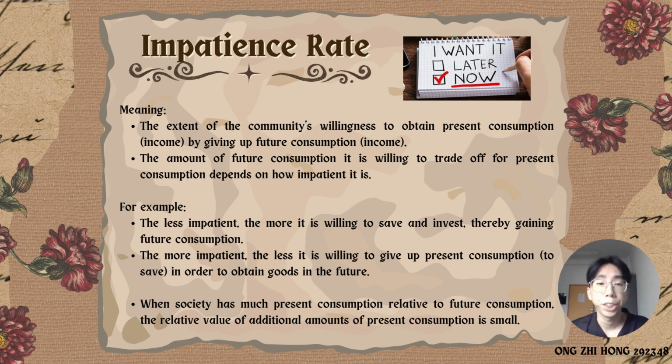So what is the impatient rate? It is the extent of the community's willingness to obtain present consumption by giving up future consumption. The amount of future consumption it is willing to trade off for present consumption depends on how impatient it is. For example, the less impatient, the more it is willing to save and invest, thereby gaining future consumption. The more impatient, the less it is willing to give up present consumption in order to obtain